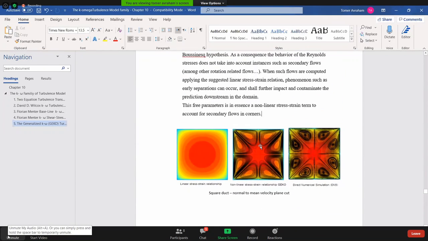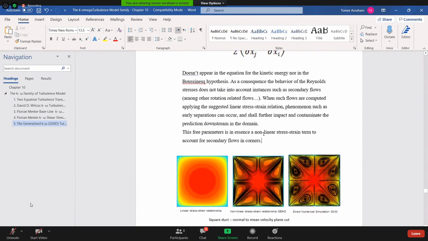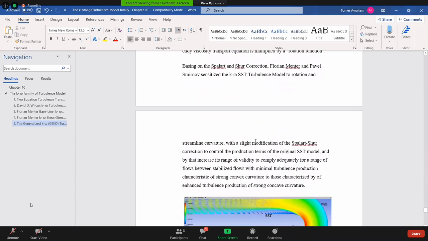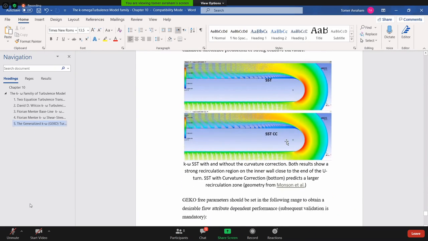No. Curvature correction? The curvature correction would do for cases like this. This is what the curvature correction would do. Okay, that's exactly what the curvature correction would do. It will give you a better result in a U-turn, but it will never give you